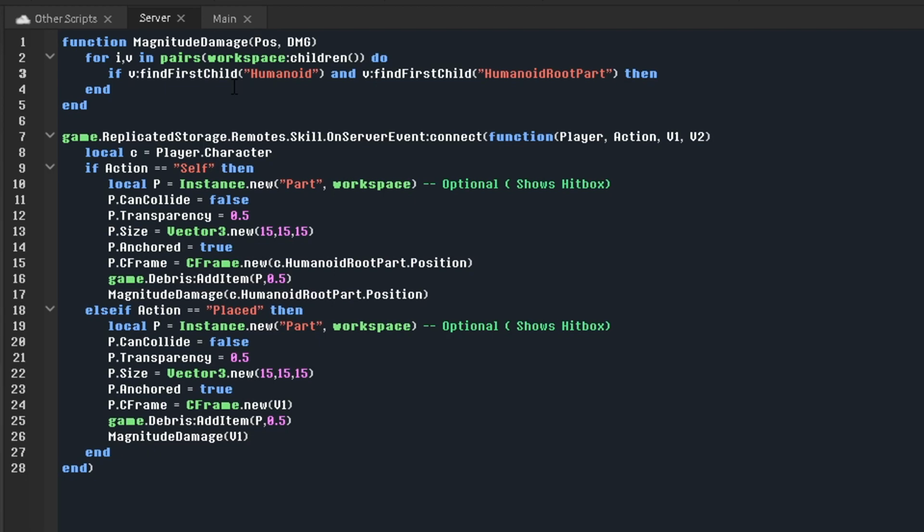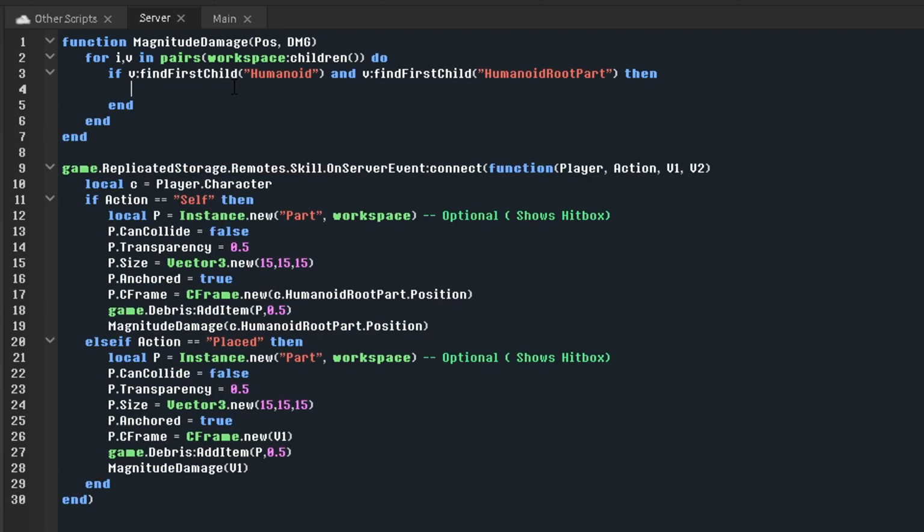Except we're going to do it in a different line, because that'll be easier to look at for some people. We're going to do this. You could easily put this in the same line, but some people don't prefer that. So if v.HumanoidRootPart.Position - pos).Magnitude, and we'll do less than 15, then